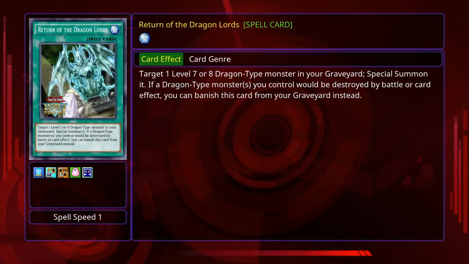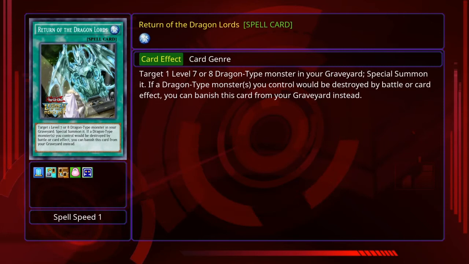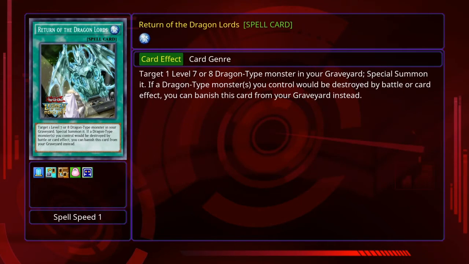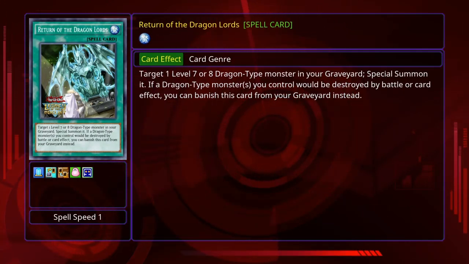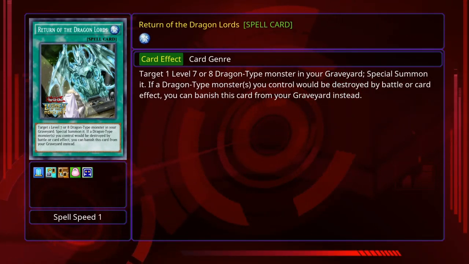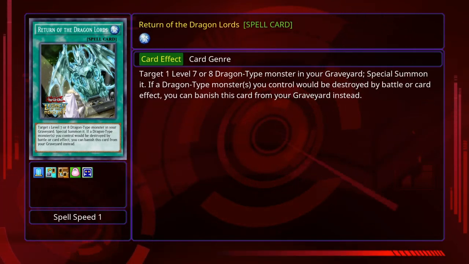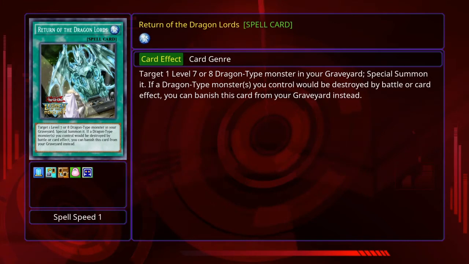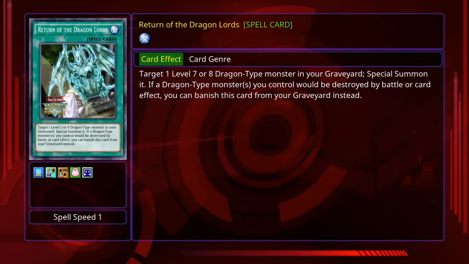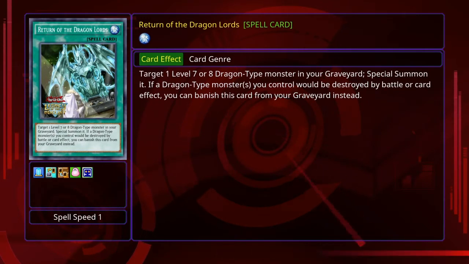Now coming in at the number 16 spot, we have Return of the Dragon Lords, and this card got the number 16 spot simply because you can revive a level 7 or higher dragon type monster from the graveyard, and then if it would be destroyed by battle or card effect, you can then banish this card from the graveyard instead. And bringing cards back like Clearwing Synchro Dragon or a Divine Dragon Flame Guard, which can banish a monster from the field or graveyard and then power up off its level, is simply powerful. And then protecting it with Return of the Dragon Lords if it would be destroyed by card effect or battle